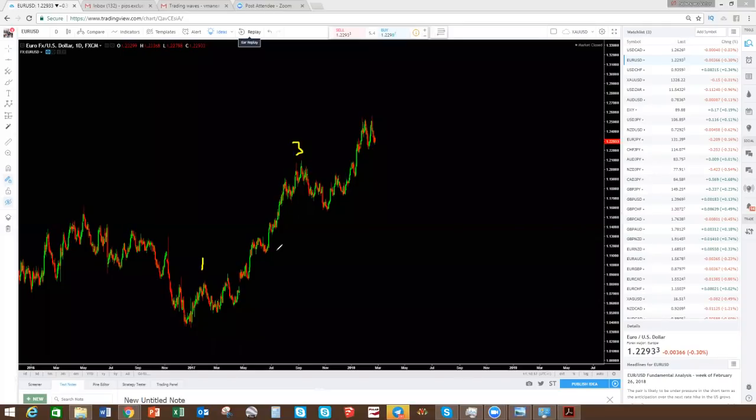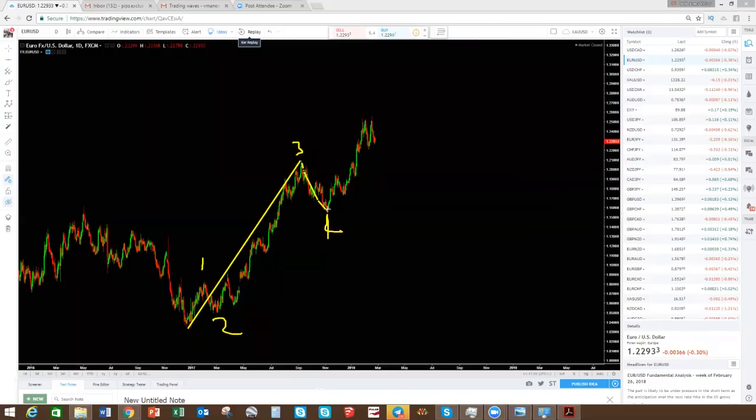1, 2, 3, 4. But there's a good question whether this is a wave 3 or whether this is the wave 5 of this first string, and then we're getting an ABC, and then we start a new string, which will give us something like this. And I am more inclined into this move here, which will give us this ABC. But before we talk about that,